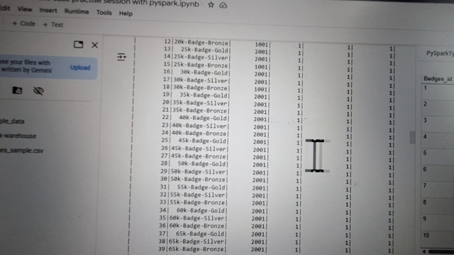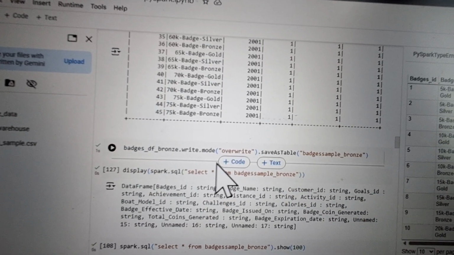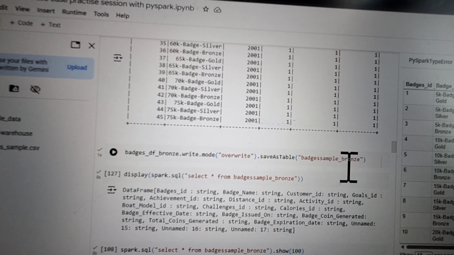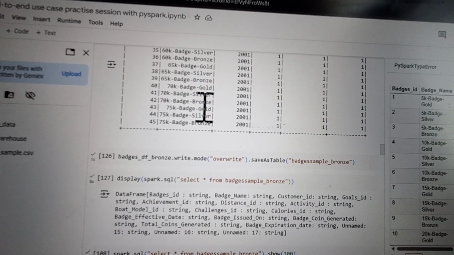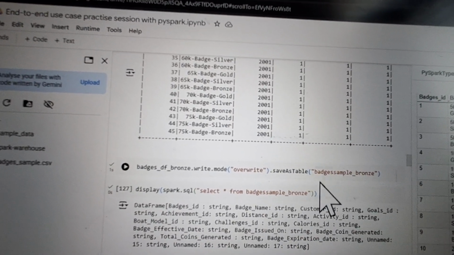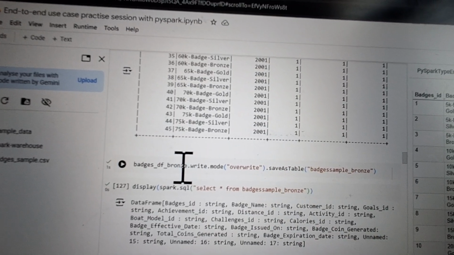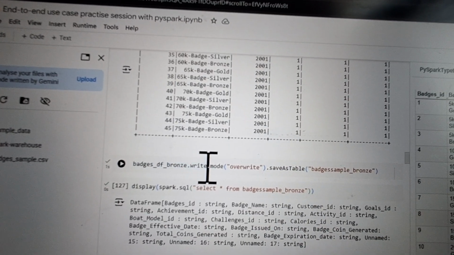Okay, so we got this data for 5 columns. Now I want to overwrite and save it in a table. I want to store this data set, or the data frame, inside a table. How can I do that? I can do that using badges_df_bronze, the name of my data frame, dot write command, dot